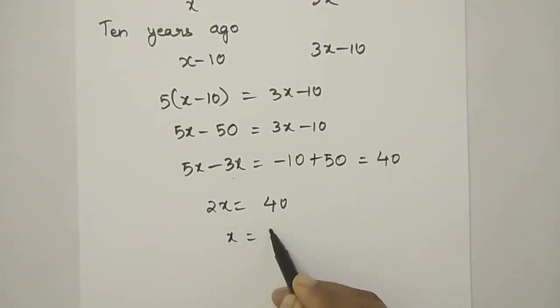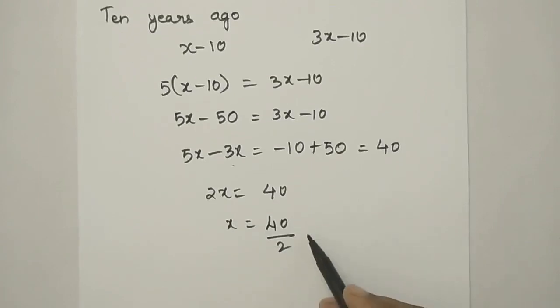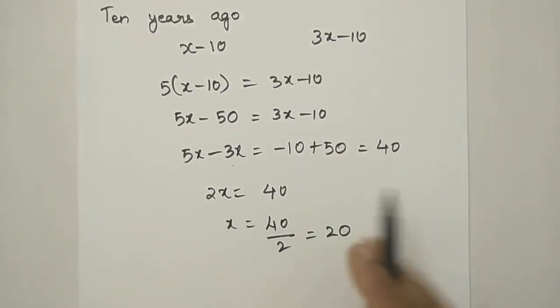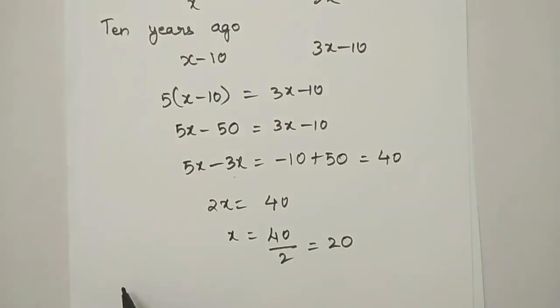X is equal to 40 by 2, is it not? I brought 2 to RHS. This is equal to 20. So we got x as 20. X is nothing but what we assumed as the son's age. So the present age will be